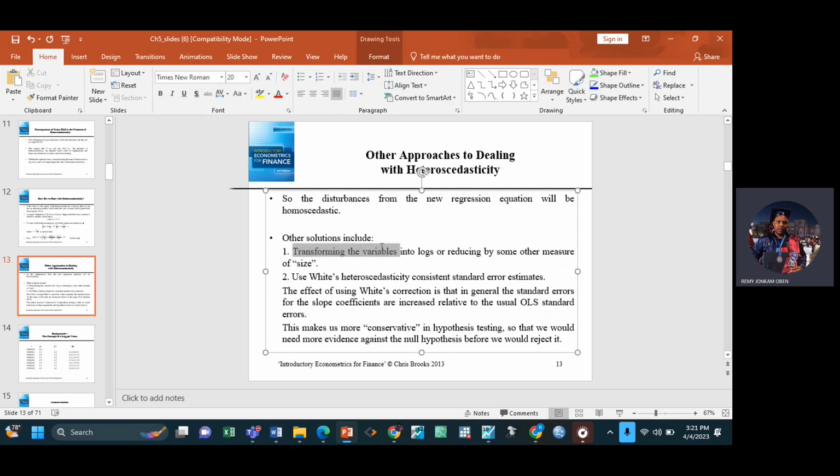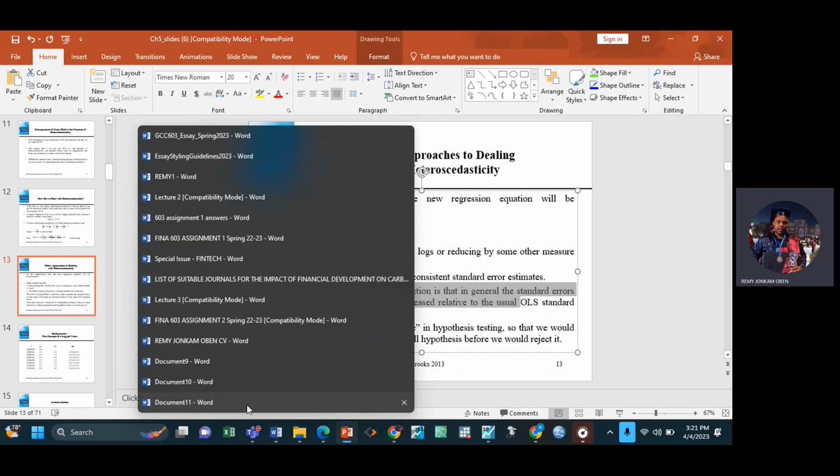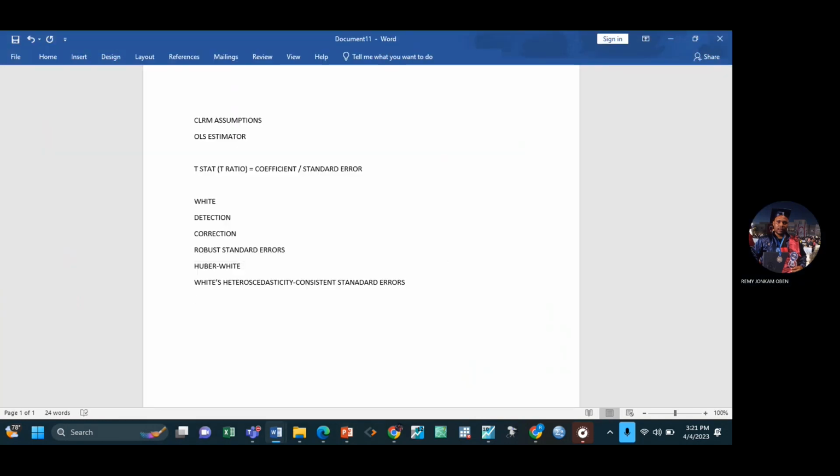Of course, you can always transform the variables. You can do log transformation, as we mentioned. You can use White's heteroskedasticity consistent standard errors, I just mentioned, which is actually the robust standard errors. And the effect of using White's correction, it's trying to tell you what will happen if you use this method. There is another method we can use. Who remembers? You forgot? Newey's method. What was this method telling us?